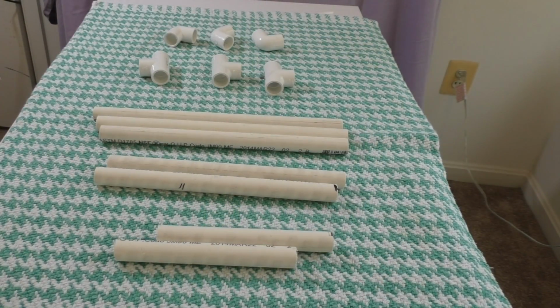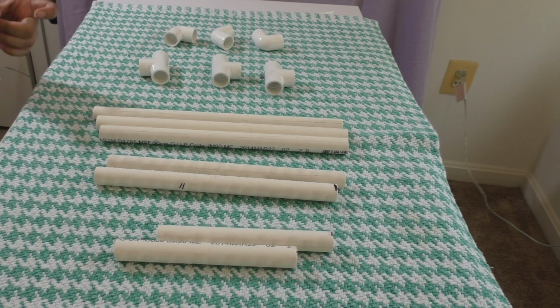Okay, so in order to build the PVC overhead mount, you're going to need one 10-foot piece of 1/2 inch PVC pipe. They sell it in a 10-foot pole, but they will cut it for you, so take your measurements with you when you go to Lowe's or Home Depot. You're also going to need 2 PVC caps, which I don't have because my Home Depot was out of them at the time, but it provides like a base, like feet for your tripod